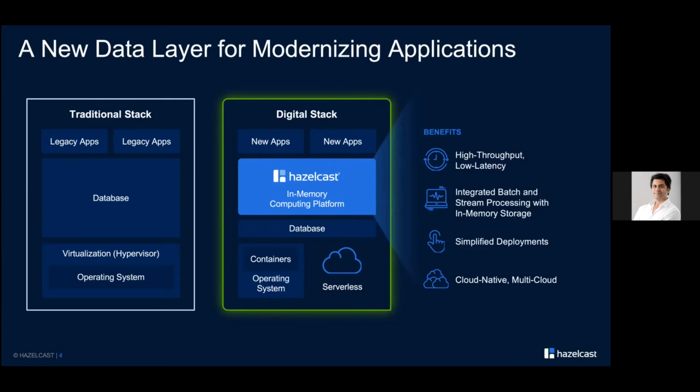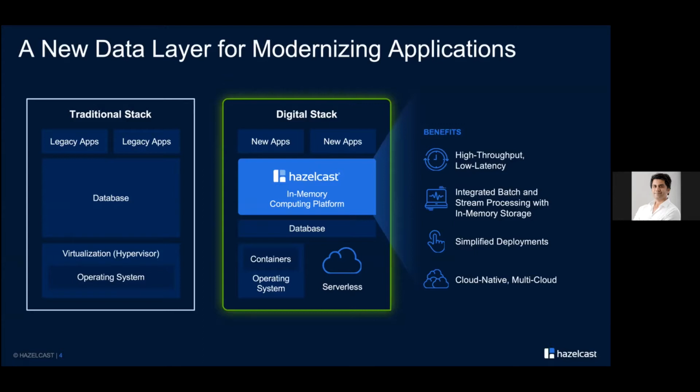So applications have access to the data all the time, no matter where the data is stored, whether in memory or on the disk or on database, and Hazelcast runs on top of the database. But the most commonly used data is now kept in Hazelcast in the in-memory layer, which is why you see the size of the database has now shrunk down to a smaller bit. And the dependency on Hazelcast has increased. More data goes into Hazelcast. We're talking about terabyte scale, which is why you see the size of Hazelcast bit in this architecture has increased